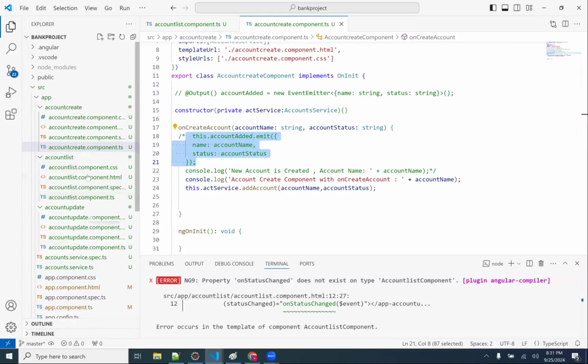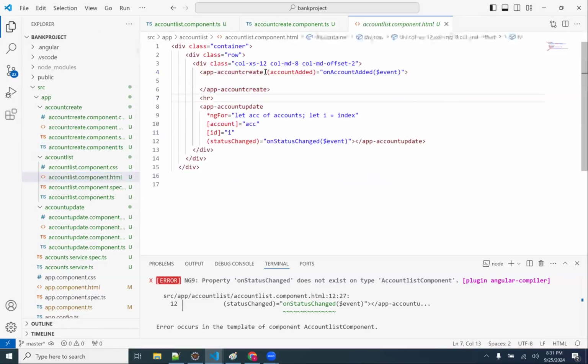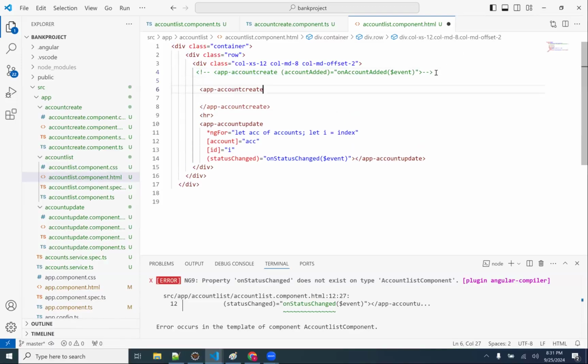So for that, what I'm going to do here, account list component.html. Do I need to write this code? No need, right? No need to, because no need of event here. Am I right, guys? No need of this event because I'm directly calling service here. Okay. Just I will display over here. Just I'll display over here. After that,